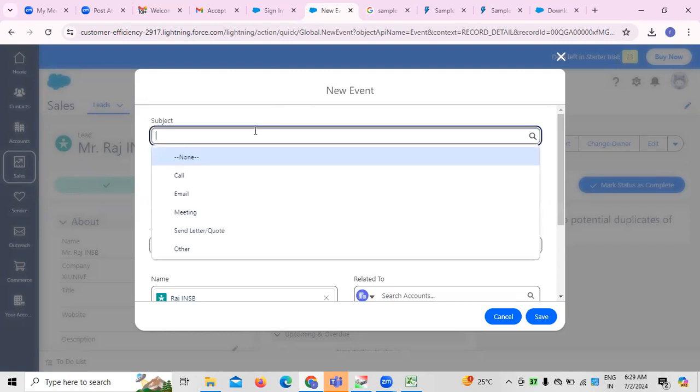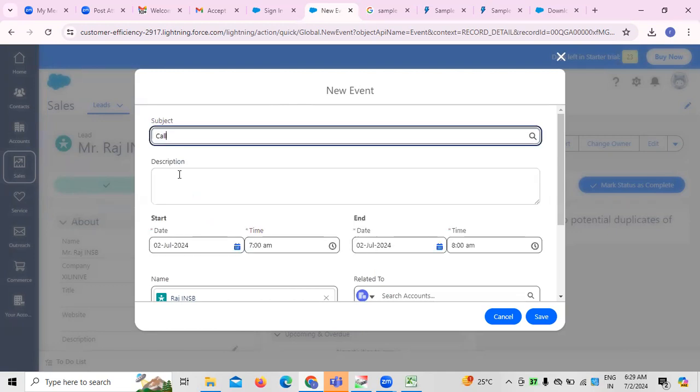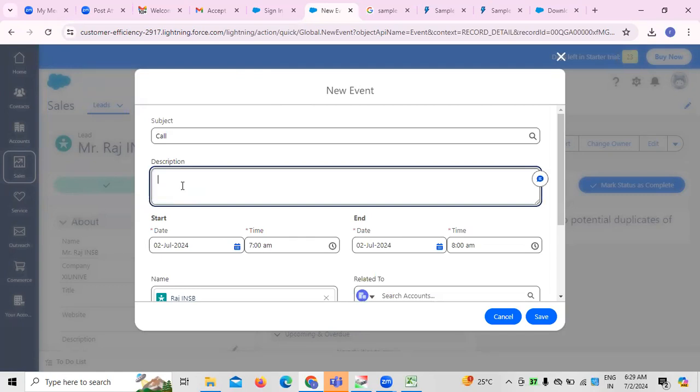For the first meeting, the event is a call, not sending an email. We want to call the customer for the first meeting. Here you need to write down the description for that,